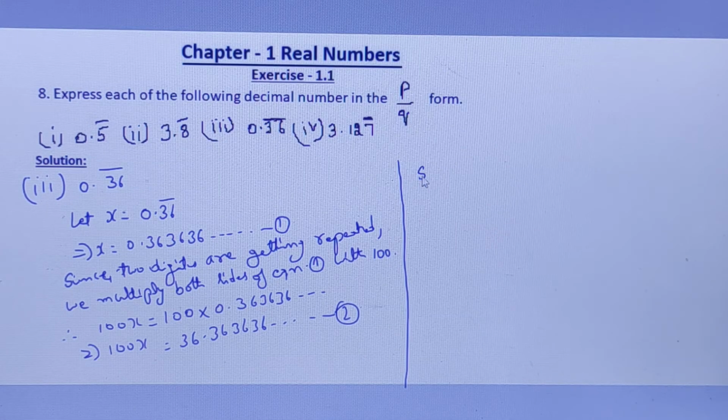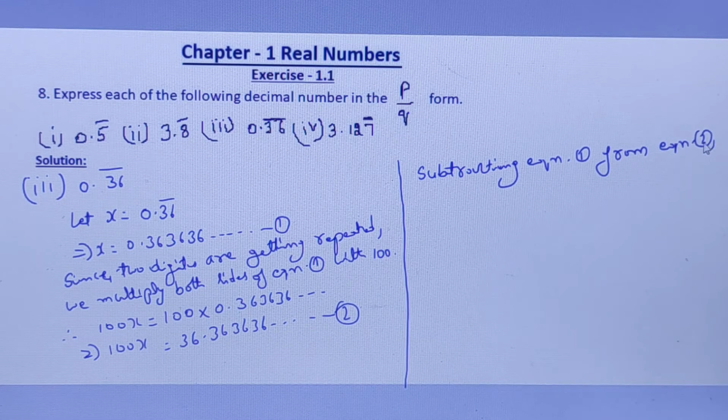Subtracting equation 1 from equation 2. This is a short form for equation. So equation 1 from equation 2, we get,